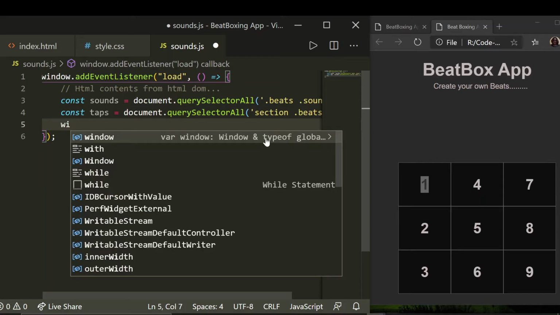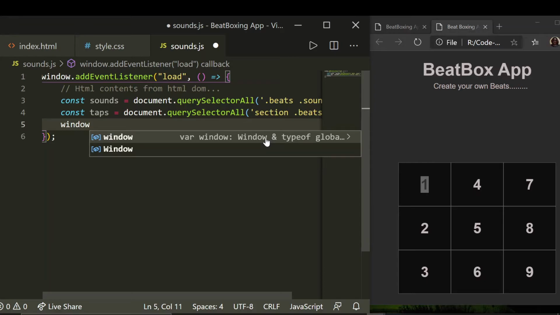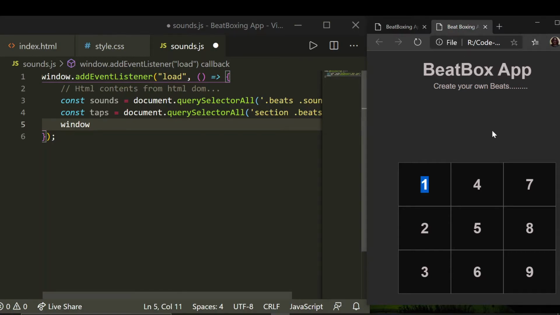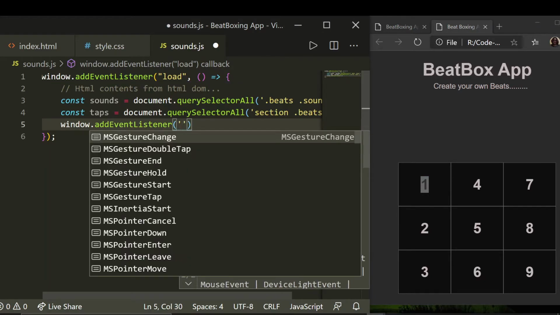Now I will be adding this key press functionality to our window object because we want whenever someone is on this window, and if he or she presses a key, it should work. It should work when a person is on this window. Basically, when this web page is open on his browser and the person is on that web page and he presses a key, some functions should be worked. And so I will be saying window dot add event listener and